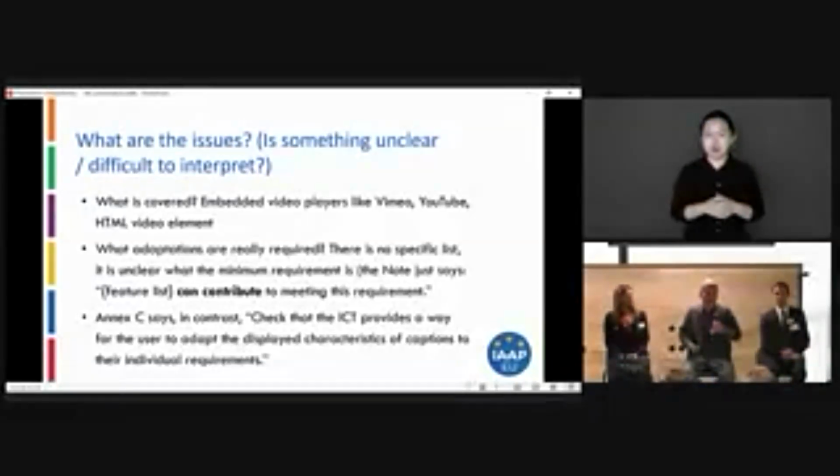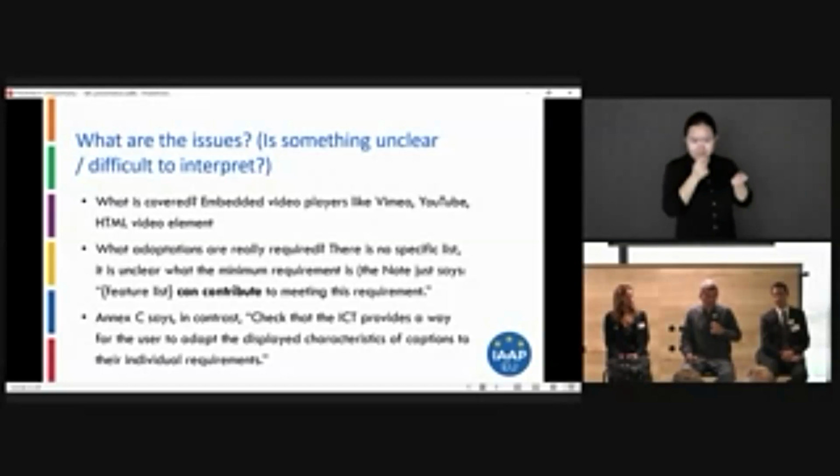That's a bit vague. "Can contribute" leaves it open whether it's a must or not. And the EN then says, check that the ICT provides a way for the user to adapt the display characteristics of captions to their individual requirements, but it also doesn't say what exactly needs to be changeable.